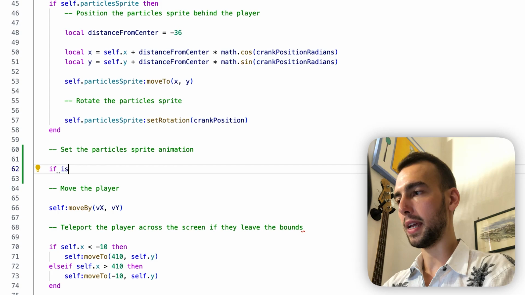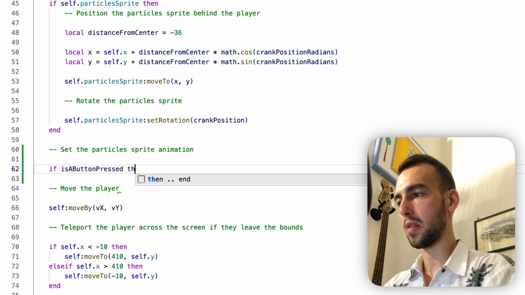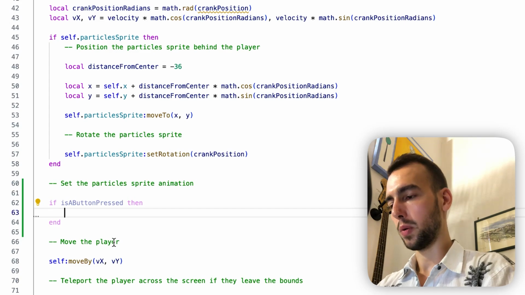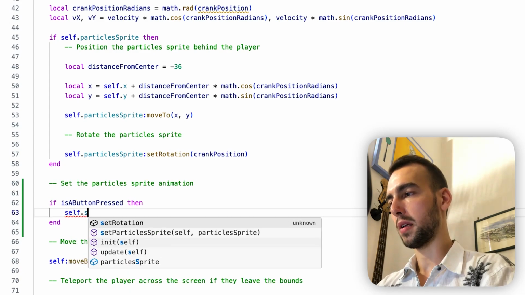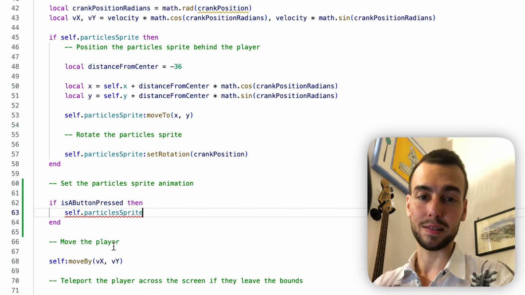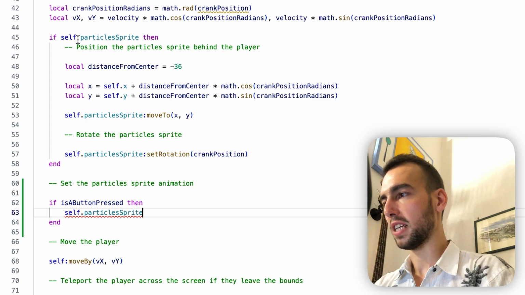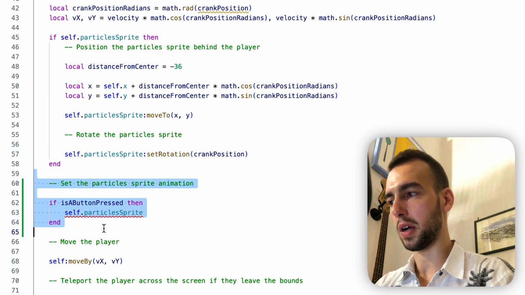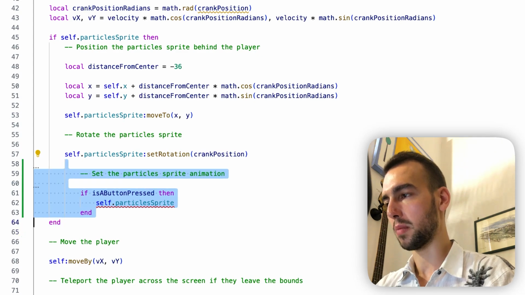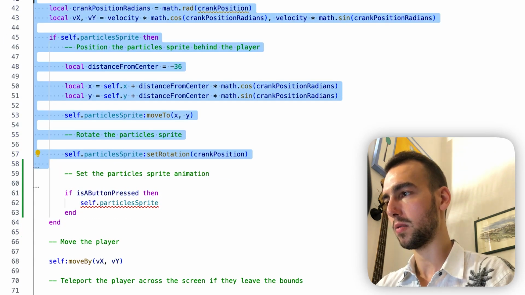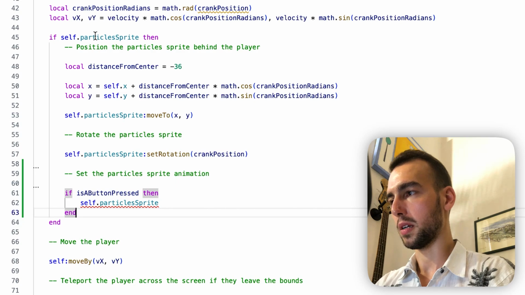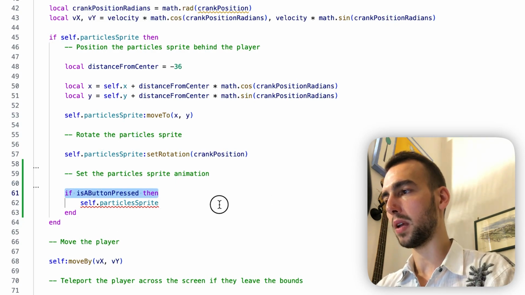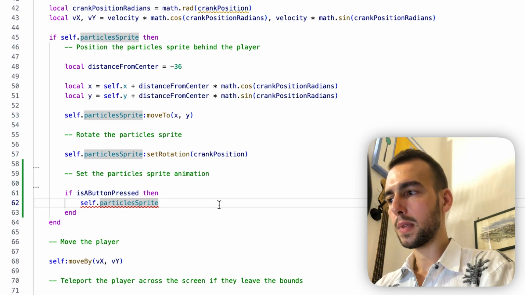If is a button pressed, then... So if is a button pressed, then we want to do self.particles. Oh, sorry guys, another thing. We actually need to check whether this particle sprite exists. So we're going to move this block of code, apologies. We're going to move it into that bigger block right here. That way we know that the particle sprite exists. So if a button pressed, then